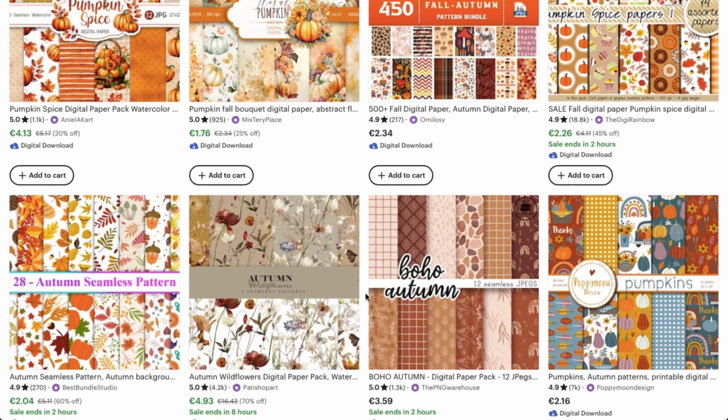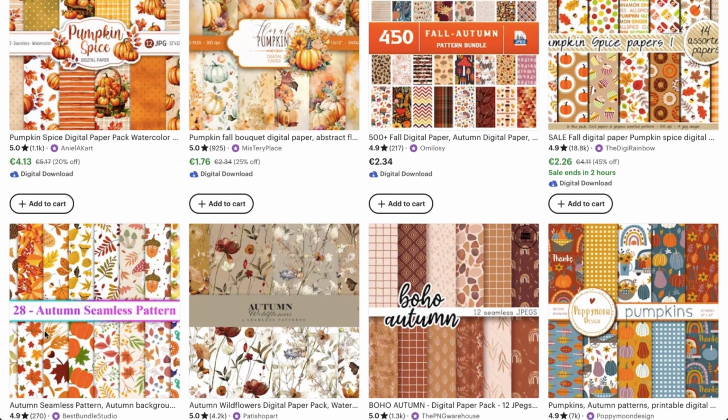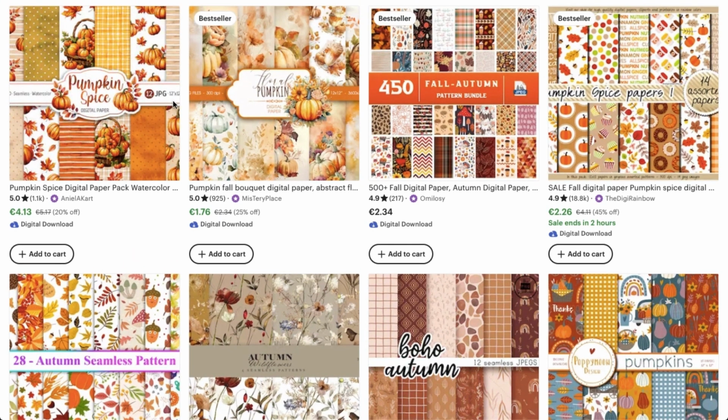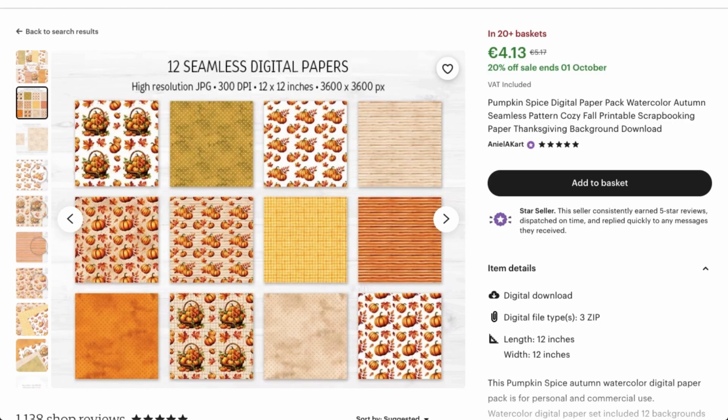So most of these sellers here, they sell not only one, but sometimes so here, for example, the seller is selling 12 patterns or 12 papers. When you buy it, you receive these 12. So maybe let's look at this one in more detail before we start, just to see what actually a seamless pattern is. So here it's saying 12 seamless digital papers. So for example, if we were to look at this one here with the pumpkins and the leaves,